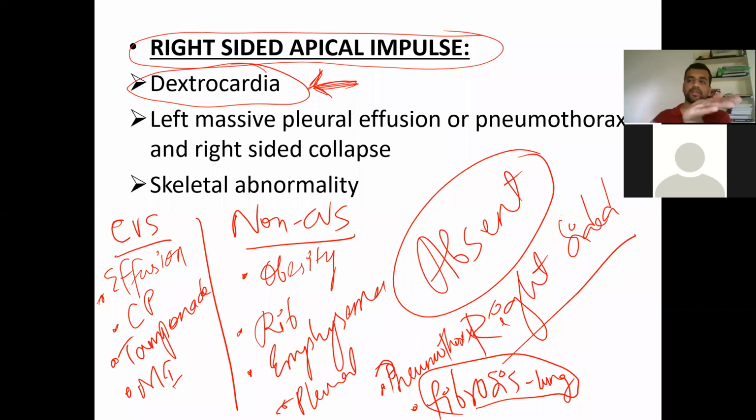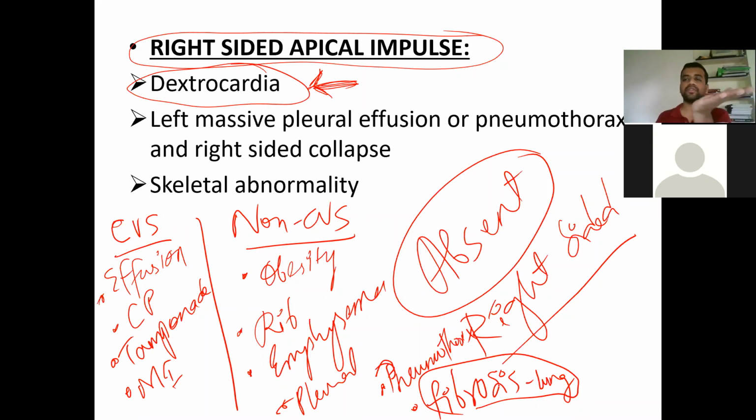So whatever we had read is, first, this is the precordium. First you keep the hand and palpate where the impulse is. Then you put your ulnar border, and then you put one finger over the maximum impulse. This is what some physiology books say. But what the medicine books directly give is to visualize the apical impulse wherever it is, or directly put your fingers over the intercostal space, the fifth intercostal space, 4, 5, 6 somewhere, at the mid-clavicular line, and directly palpate with the tips of the fingers.